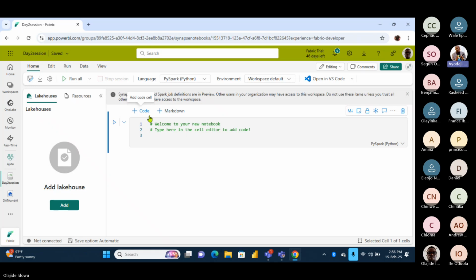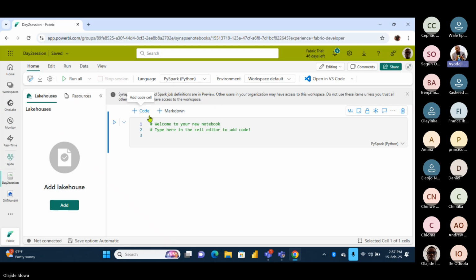When you say markdown, it's just like a note, a text, a description, like your word processor for documentation purposes. You can type something and mark it down. But if you really want to write code that you want the system, Apache Spark, to pick and run, then you leave it as a code. So we are going to work with both of them shortly.